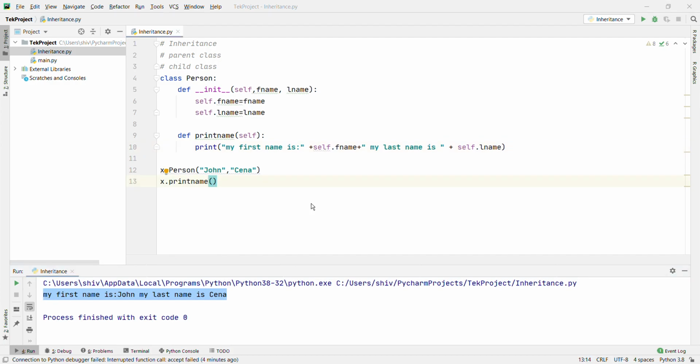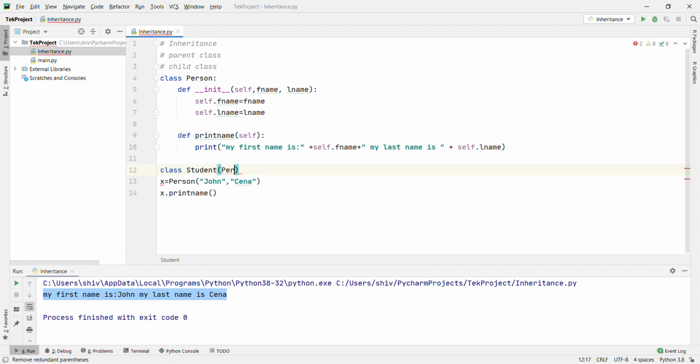Now I am going to create a child class, a class that inherits the functionality from another class, the base class, your parent class. To create a child class, send the parent class as a parameter when creating the child class. How are we going to create it? Class Student, and we pass the parent class, Person, as the parameter, and then pass.